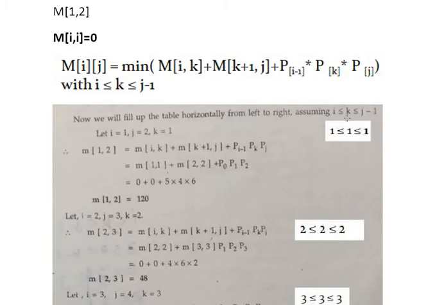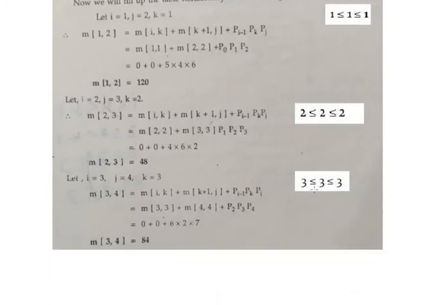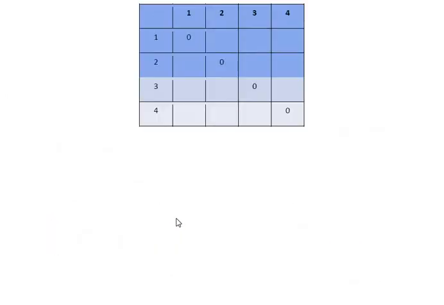You have assumed the value of k. आपके पास k की वैल्यू assume करना, तो आपके पास ओनली फॉर 1 पॉसिबिलिटी है जो है 3. आप यहाँ पे 1 2 कुछ भी पुट नहीं कर सकते, 4 पुट नहीं कर सकते. So you have one possibility and the possibility is 3. So you have put here 3 is less than equal to 3 and less than equal to 3, and now you have put the value of this equation and the final answer is 84. So now you have put 84 in